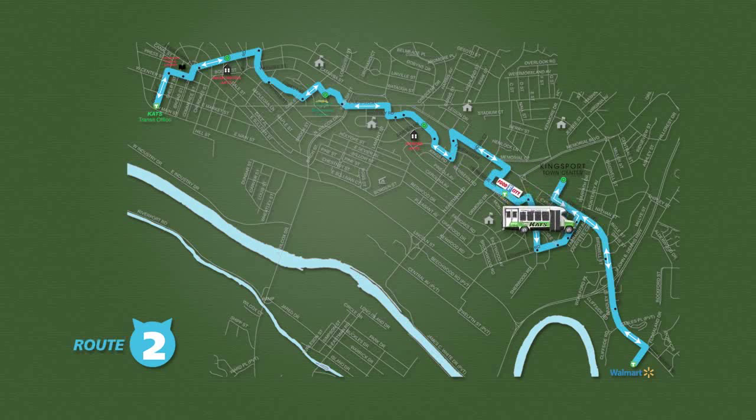It then continues on to Conorock Road and returns to Fort Henry Drive. It then travels to the Walmart on Fort Henry Drive, then returns back to Fort Henry and on to the Kingsport Town Center. It then continues back to Food City, Garden City Apartments,